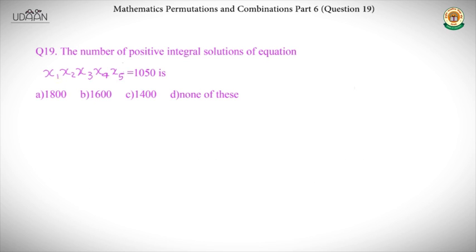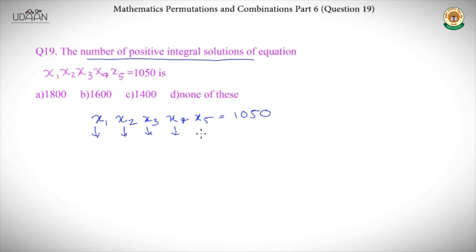For the solution of this question, what the question says is x1 into x2 into x3 into x4 into x5 equals 1050. We have to find the number of positive integral solutions. What that means is we find the values of x1, x2, x3, x4 and x5 such that when they are multiplied they give the number 1050. Basically we have to find the arrangements of x1, x2, x3, x4 and x5. So let's